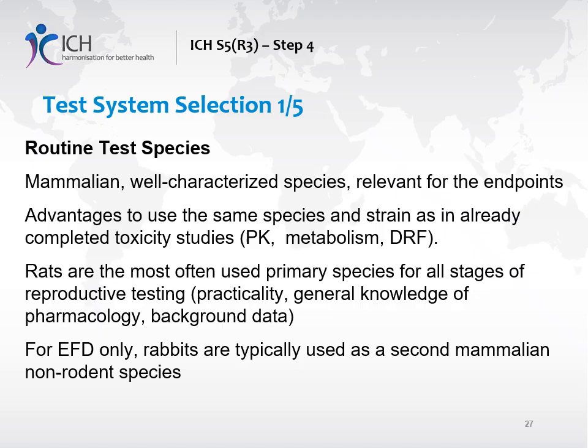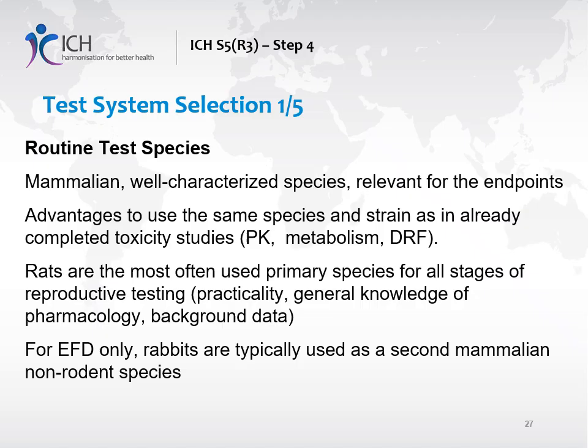Selection of species for DART testing. The rat is generally appropriate for DART testing and is the most often used rodent species for reasons of practicality, general knowledge of pharmacology in this species, the extensive toxicologic data usually available for interpretation of non-clinical observations, and the large amount of historical background data. The mouse is also often used as the rodent species for many of the same reasons.